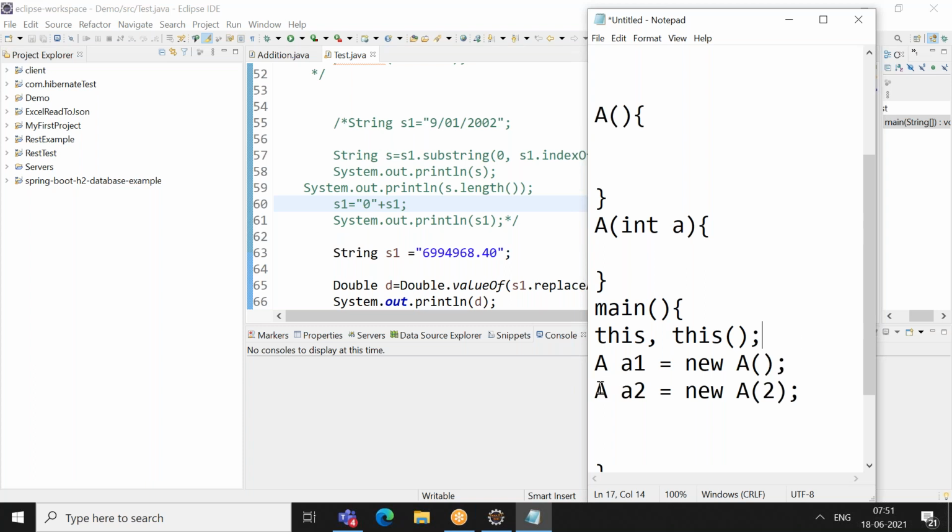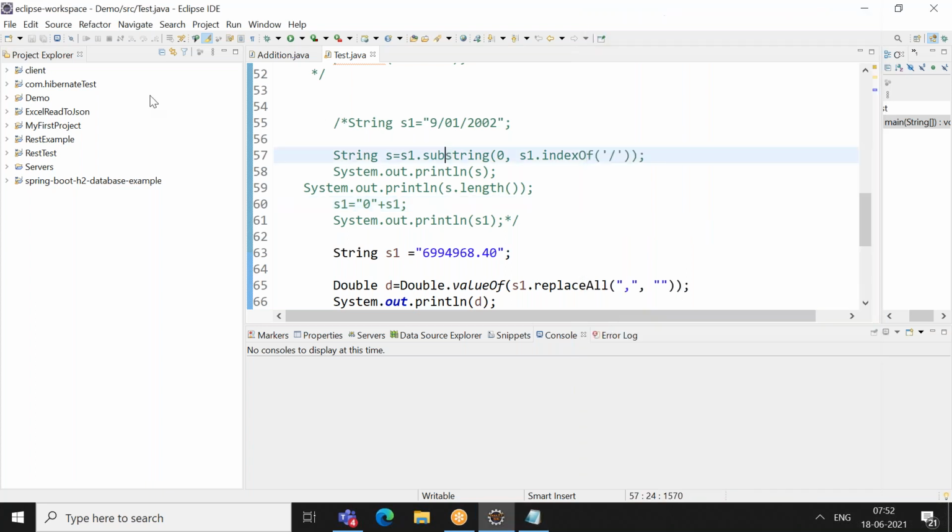So I'll create only one object. I'll not create an object with one parameter. I'll create the object with only zero parameters. From the zero parameter constructor, if I want to call the two parameter one, or the one parameter one, then I'll be using this with brackets, which will call the particular constructor I needed. Okay.